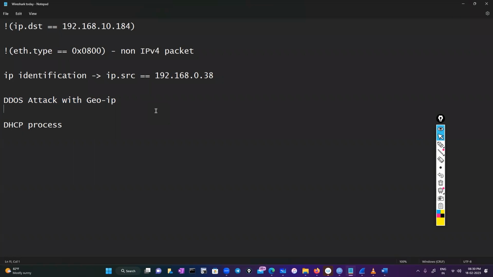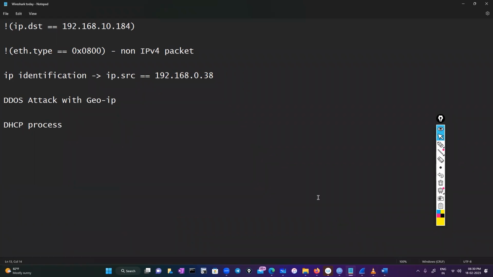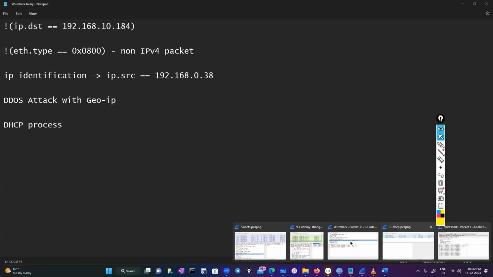When it comes to vulnerability analysis, if somebody is trying to attack, you can find the attacks. This is one demonstration we have in the real class. We'll see how this DoS attack happens, how we figure it out, and how with the help of Wireshark you can find out where to look and how to configure it. Since we had a long discussion yesterday, I just want to give a glimpse of some of the topics in Wireshark. So now